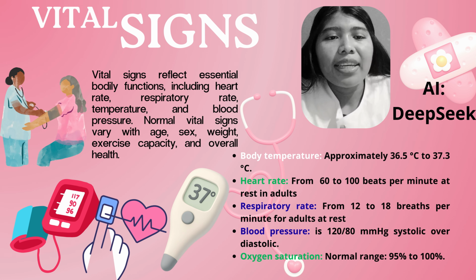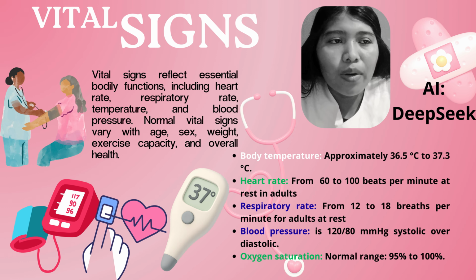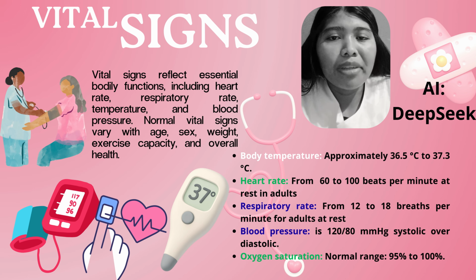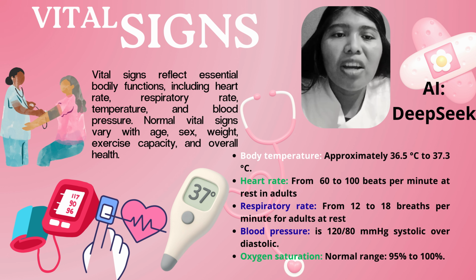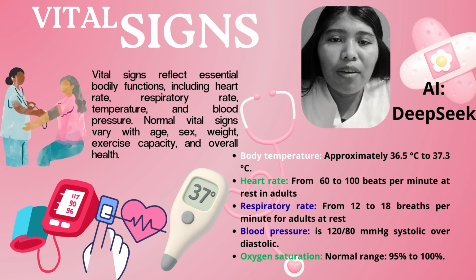Blood pressure. It is the force exerted by the blood against the arterial walls, less than 120 by 80 millimeters of mercury, systolic over diastolic. Oxygen saturation, percentage of oxygen in arterial blood. Normal range is 95% to 100%. This plays an important role in emergency services and hospital wards in identifying patients at risk of